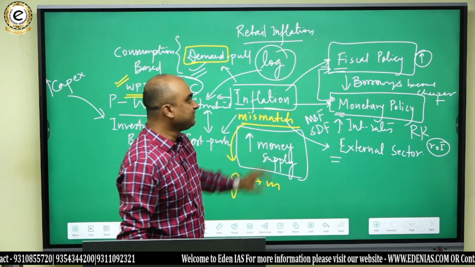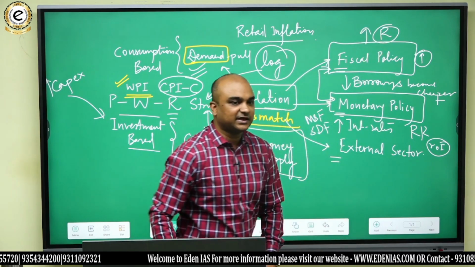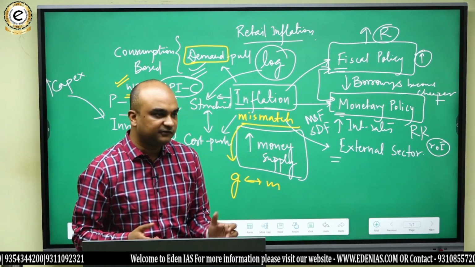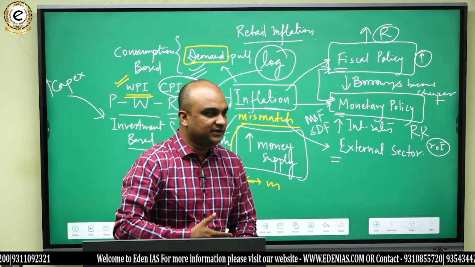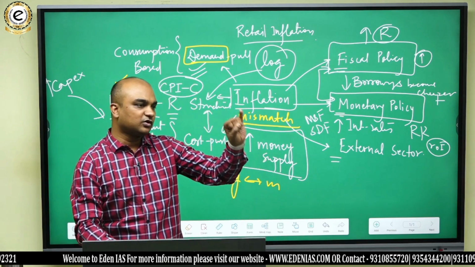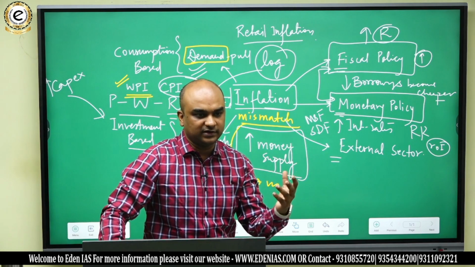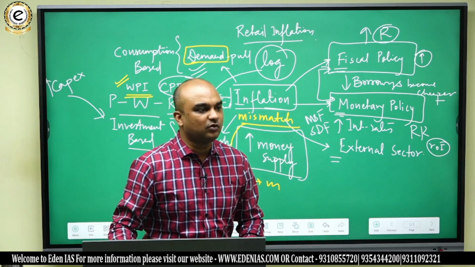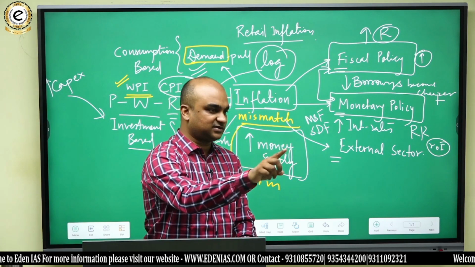Do you understand that? And what about revenue? Obviously, revenue also increases during times of inflation, because if there is inflation, then you can understand that there will be more incentives to producers. If there is more incentive, they would produce more goods and services. Just think like that. And if there is more goods and more services, there is more GST. So in that way, revenues also increase. And if the companies are making more, people will also make more. And that's why there will be more income tax receipts.